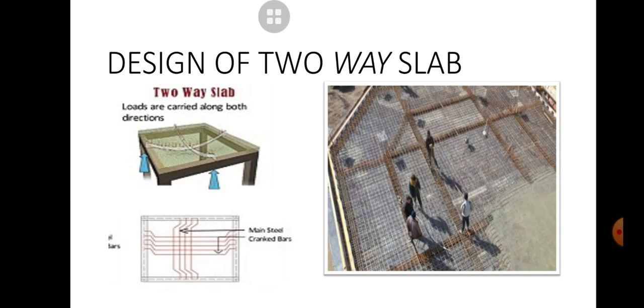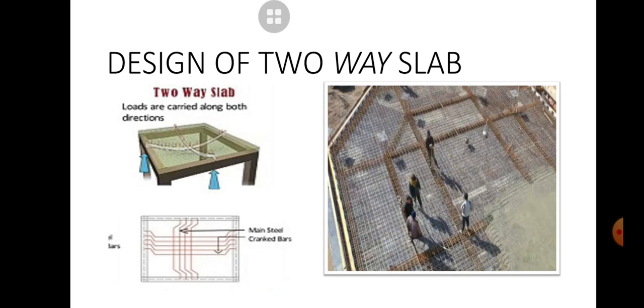Today we will learn design of two-way slab. As I have already given you the introduction of slabs in one-way slab part 1, a two-way slab is a slab which has 4 supports and the aspect ratio is less than or equal to 2. Aspect ratio means the ratio of length in y direction to length in x direction. Then two-way slab is of two types,